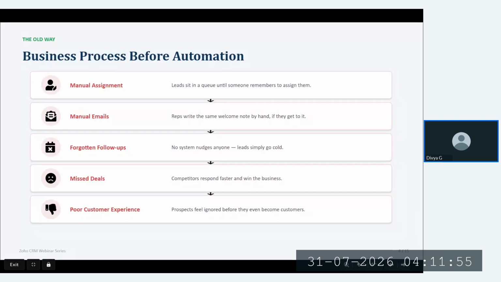Before automation, the older way goes like this. As I said, a customer inquires through a marketing campaign, and there are 25 inquiries. They have to manually assign each inquiry, based on region or anything else, so a particular lead is assigned to some team.